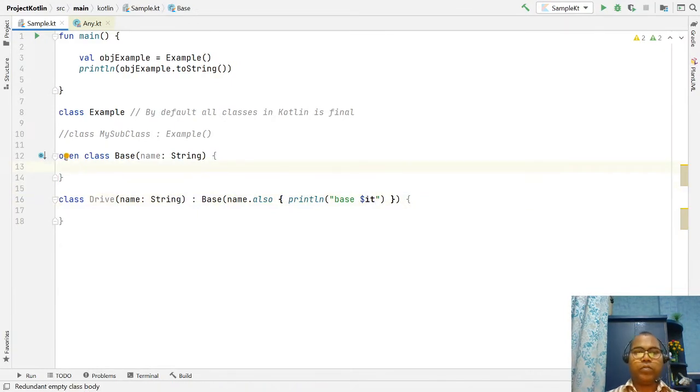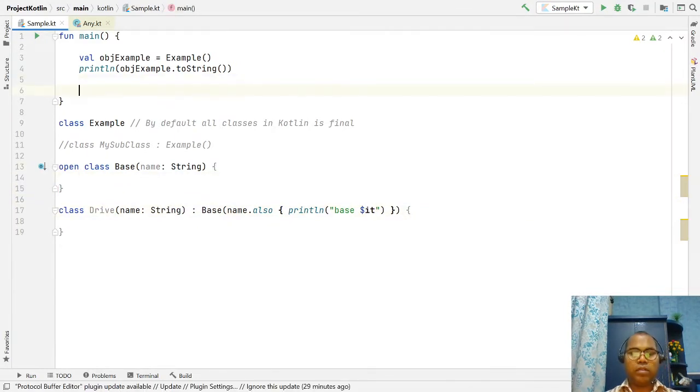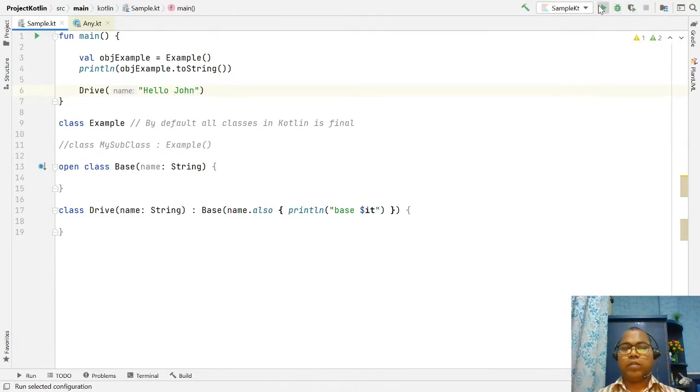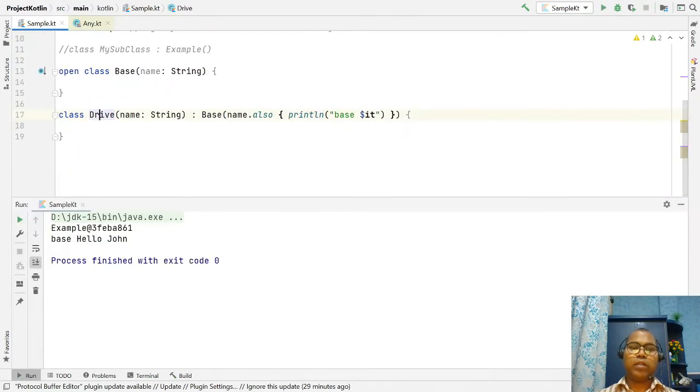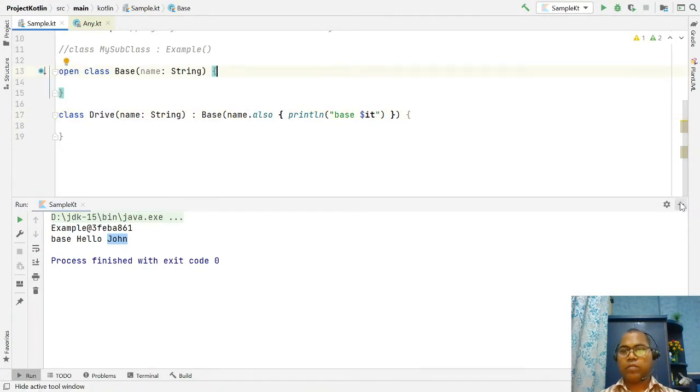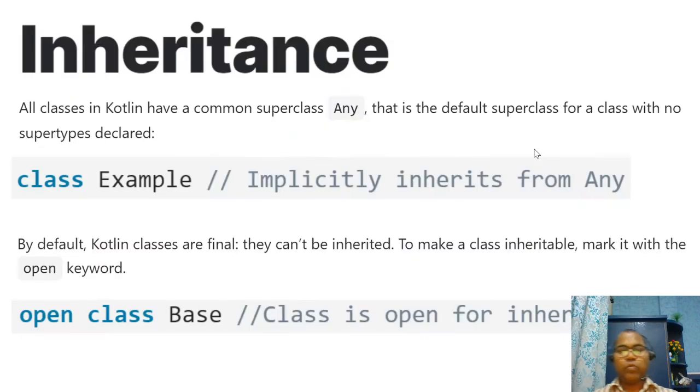Here you can just write the object of your Derive class, let's say hello John. And now you can create your Derive class, and then the superclass constructor is invoked and the superclass is initialized. So this is the keyword used for inheritance.